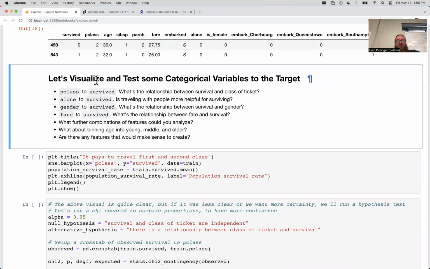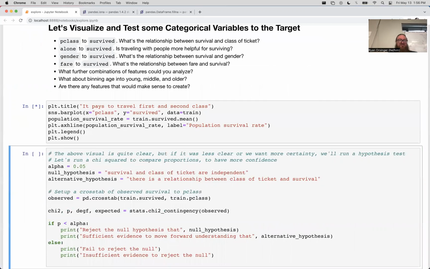So let's visualize some of what I'm going to visualize here. I'm not visualizing every single combination of every single variable. You can certainly do that in your exploration. 100 charts, 800 charts in your slide deck isn't going to fly, but you might discover something. I definitely want to chart things in relation to the target variable. Definitely. That's the non-negotiable, right? So let's